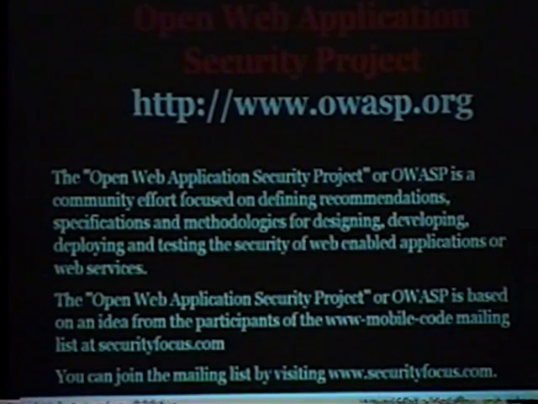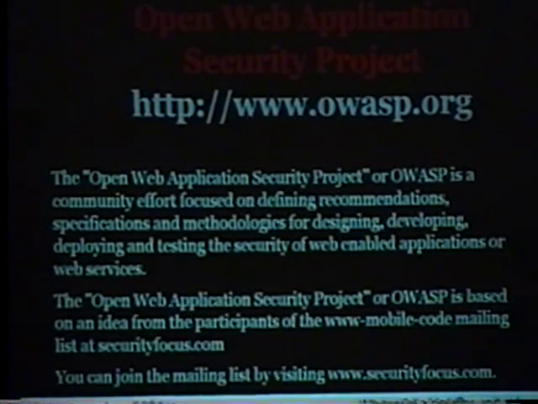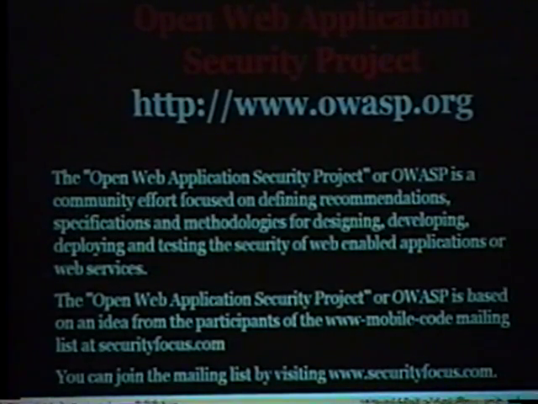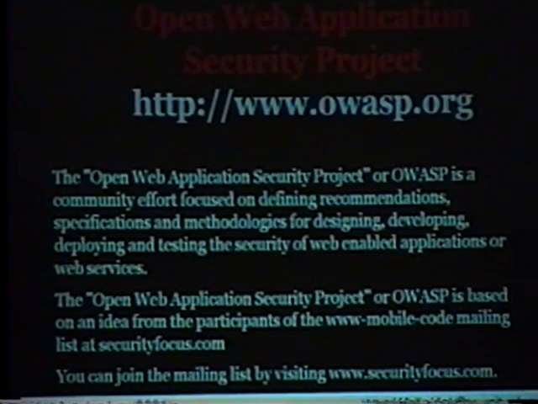Okay, so the last thing, this is a new group that was started up a couple of weeks ago, but has some really great data on there. If you're interested in web application security, you're developing web applications, this is the group to go to. It has the most up-to-date web security-related attacks and vulnerabilities information around. There's a big group that's actually doing a lot of the work. It just had its first release of all the data. It is actually the best source for vulnerability-related information. It'll actually go further, but the project just started, but it's actually been quite successful already.